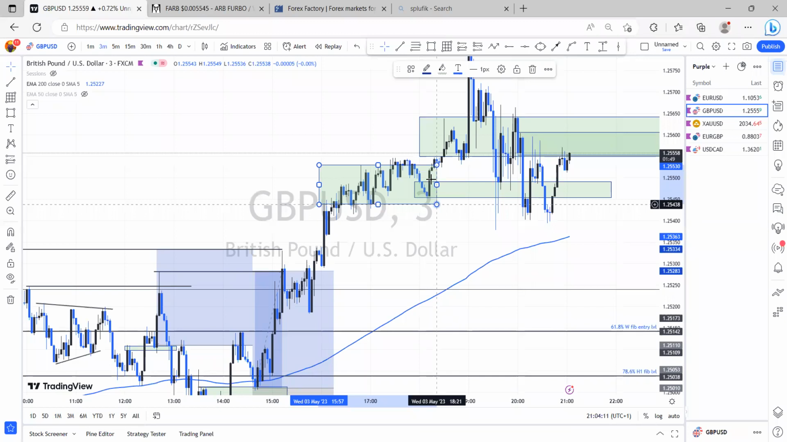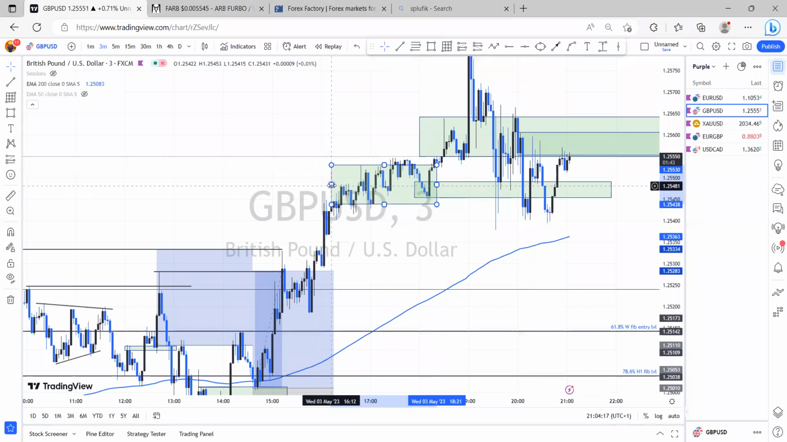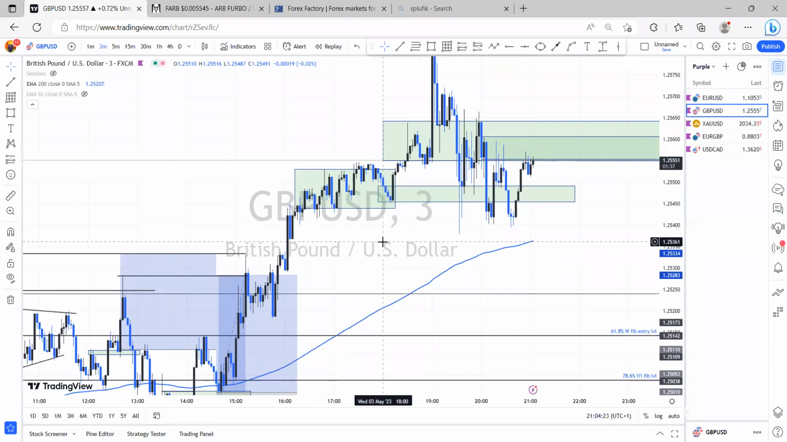Look at what price did here. They call it power of three. I don't know, I've never studied power of three in my life before, so I don't know what it is. Look at what price did: it accumulated right here,